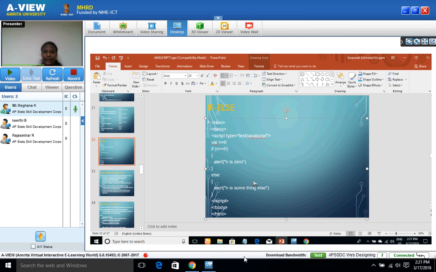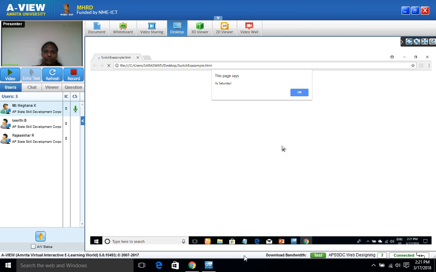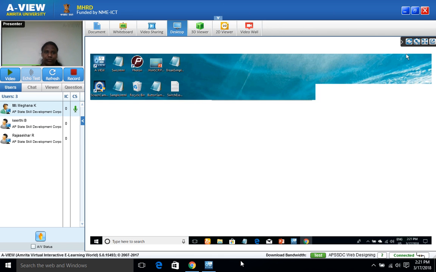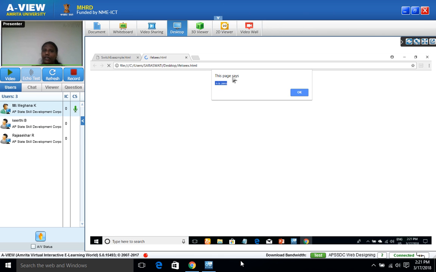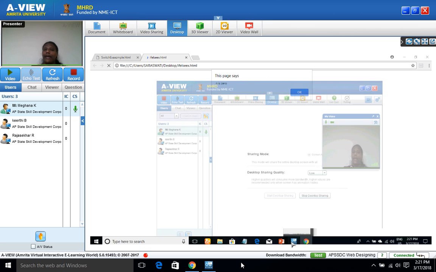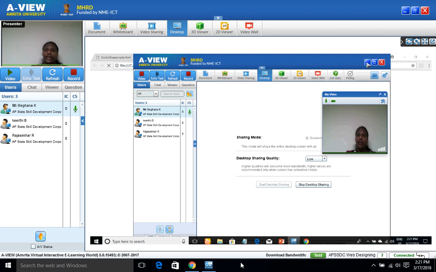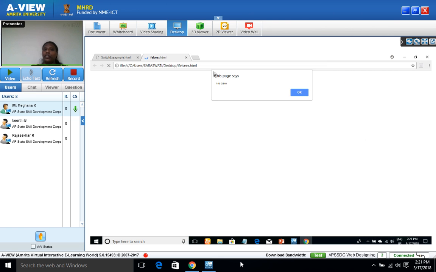So this is what I'm trying to do here. You can see it. You can see here why, because we have taken n value as 0. So it is just prompting me n is 0. So this is my alert box, which will have only an OK button. So it is just showing n is 0. Apart from this, you can also use other display options like document.write,